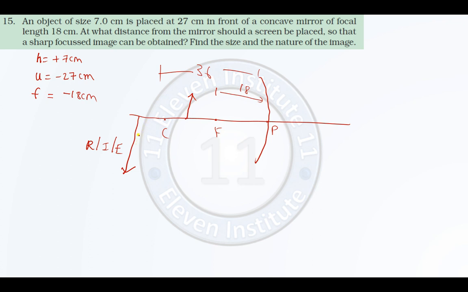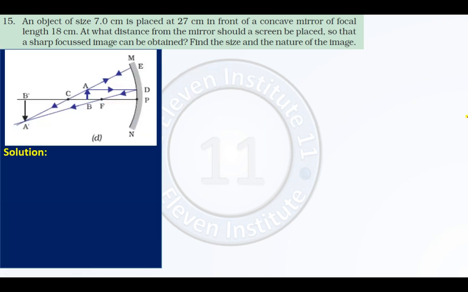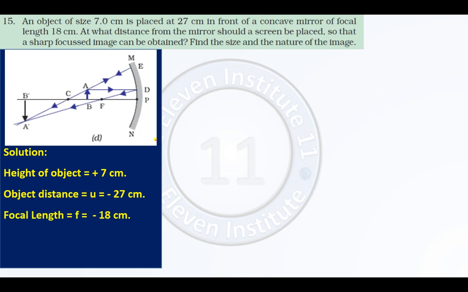Now let us solve it numerically. This is the basic idea about the sum. So this much data is given to us. Right? You can see the object is placed between C and F, and you will get an image over here like this. Fine. Moving ahead. Height of the object is plus 7. U is minus 27, as always negative. F is minus 18 because it is a concave mirror. Focal point is on the left side. We have to find the image distance V and nature and size of the image, or height of the image